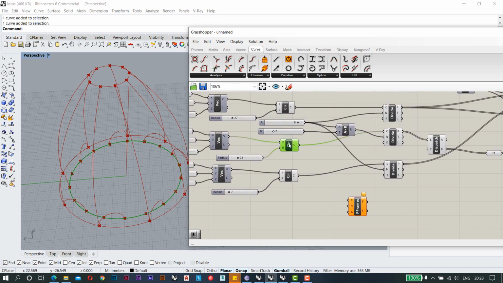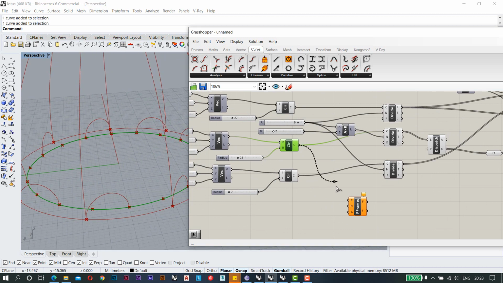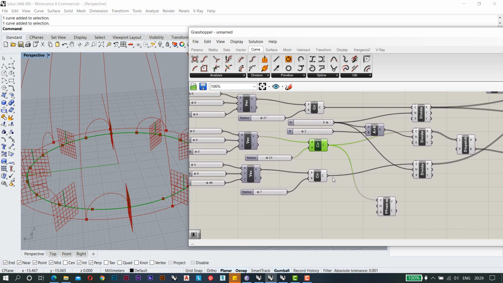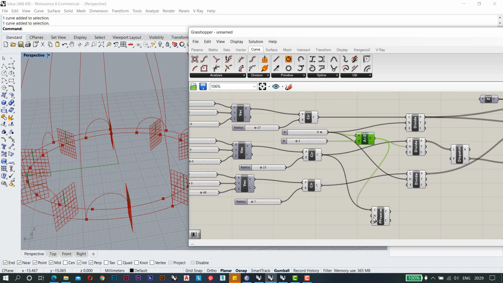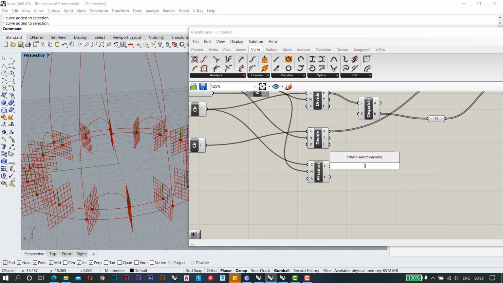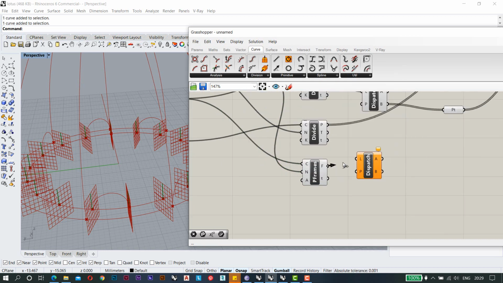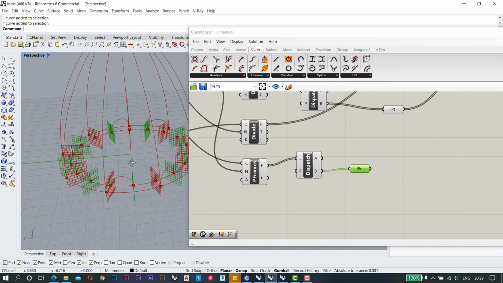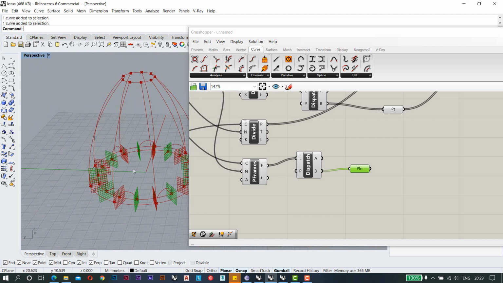Basically this is the circle that we have, and we are going to use this circle. This will be our circle, and the knots that we need here is basically double of it, as it is done here. So I'm just going to put this one. Again we will dispatch it. We will put our frames, basically these ones. My arc will start from this point and go up to the top point.